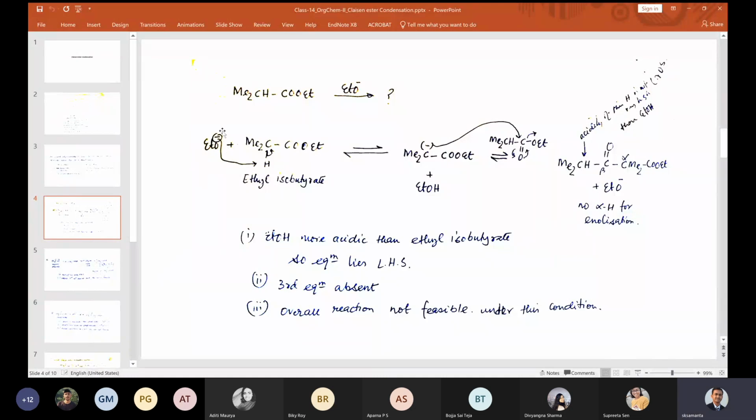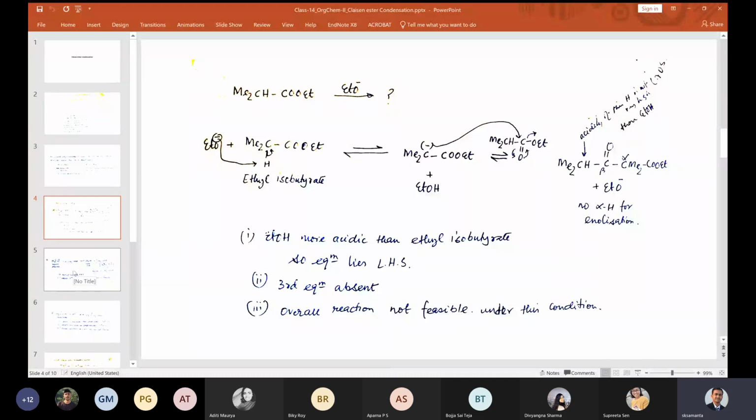So basically there are 2 parts. One is this base part, and this acid part. Now the equilibrium is towards the left because this pKa is less than this. If you somehow make this pKa more than this one, then it would like to remain in this way. If the pKa of this product is more, pKa more means less acid. If this pKa is more than this part, then it would like to stay in this way, isn't it? Yes or no?